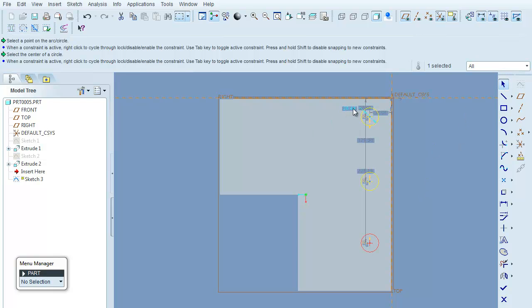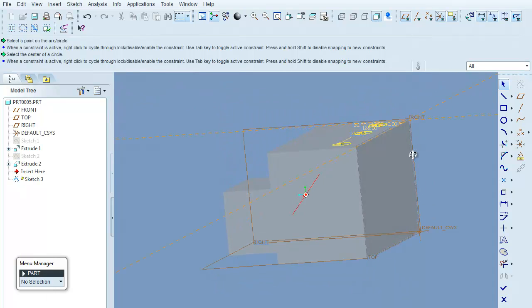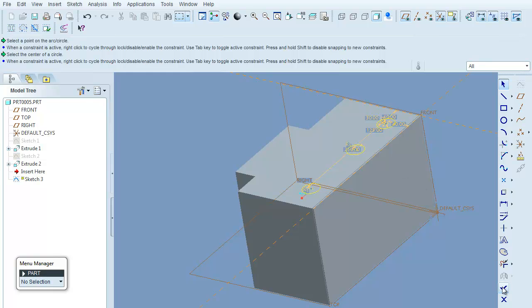Now I'll come over here and double click some of these. I'll set the diameters to be 30. I'll let this offset be 40. I'll let this dimension here be 40 as well. This dimension to be 125, and this dimension here to be 250. Now I'll rotate, say that I'm done here,